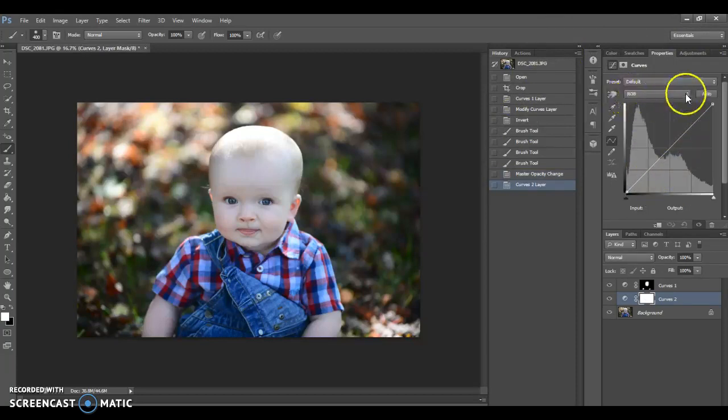Now on that background layer, I want to do another curves layer, but I want to come right here to where it says RGB, click it, and come down to the red. This is going to control or add reds or take away reds, whichever way you go with it. See, I'll do it here. Add red, take away red. So I'm going to add a little bit because I like what it's doing to these leaves back here in